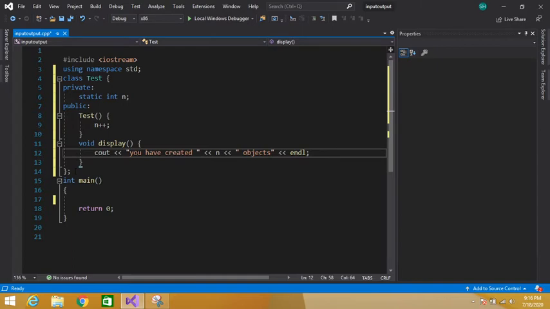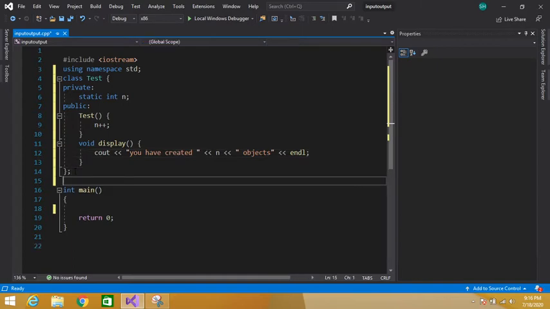Okay, now outside of our class, let's define our static data member. Write the type, then the class name, that is test, then the scope resolution operator, and then the name of our static data member, that is n, and let's initialize it to 0.